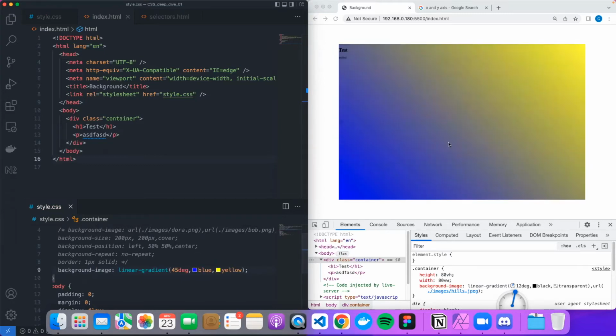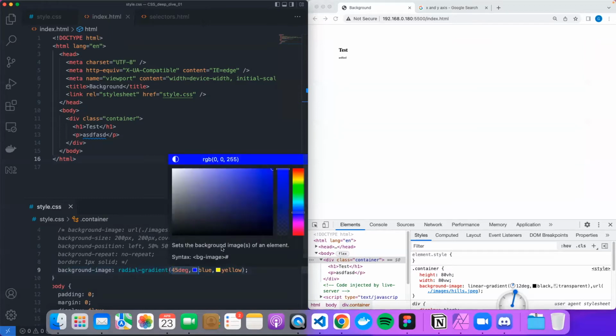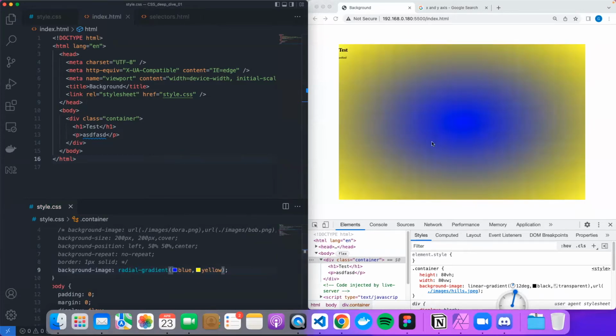Now you can also do a radial gradient. You can also apply a radial gradient. Sorry, radial gradient doesn't have a degree property. It has different properties. There is a long list, guys. So now if you want the gradient to have something like this, when do you need this kind of gradient? Maybe like this, if you see, most of the time we apply a vignette, or I don't know how to pronounce that, vignette effect